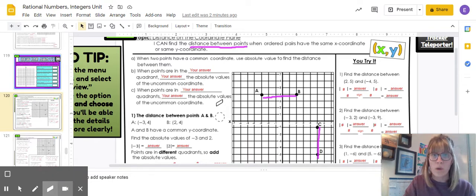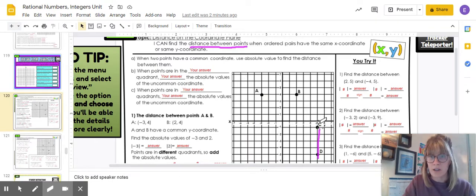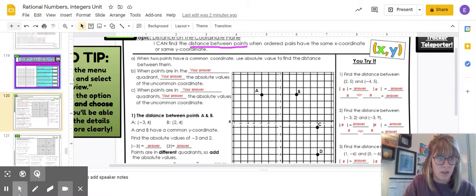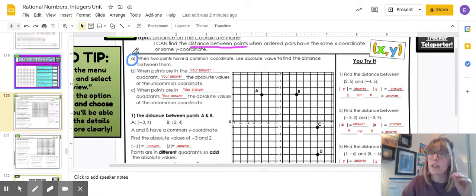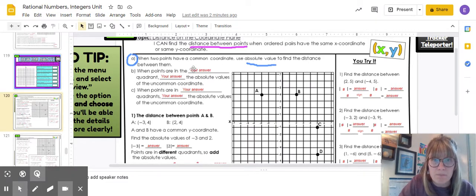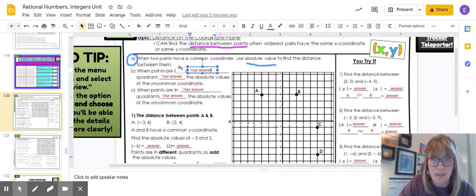All right. So when we think about that, we know that when we have 2 points that share a common coordinate, the x or the y, we can use absolute value to help us find the distance between them. So this whole absolute value thing, the distance that a point is from zero or from the origin, can really help us here. So when 2 points are in the same quadrant, what